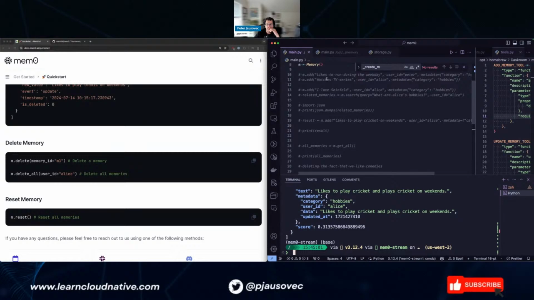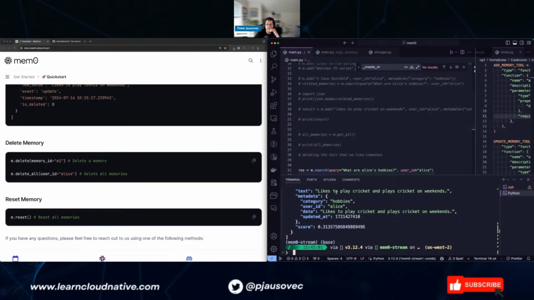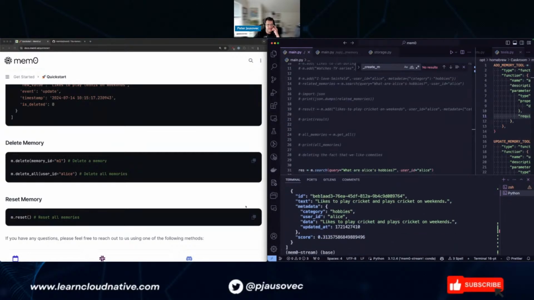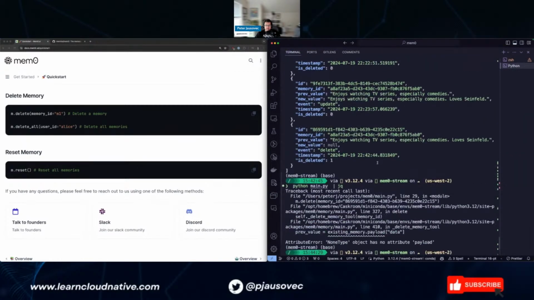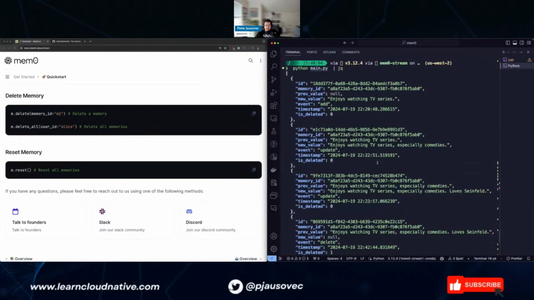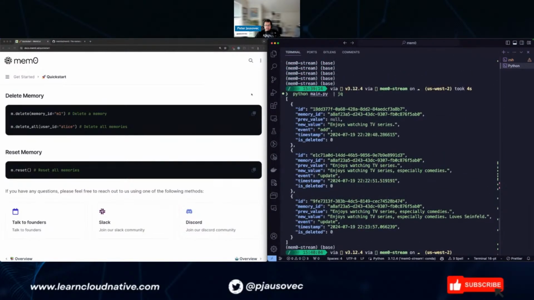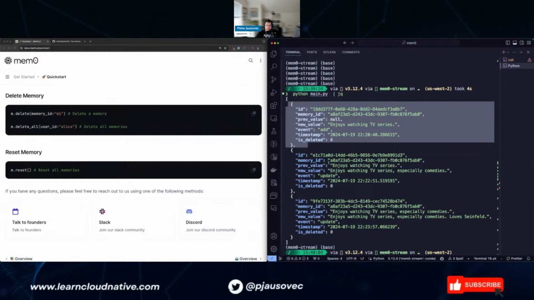Yeah, because we deleted the memory, it doesn't know about it anymore, right? It just likes to play cricket. Okay, all right. I was thinking if there's a way to remove a specific entry. If I go back, in this case I basically have three history entries for that specific memory.